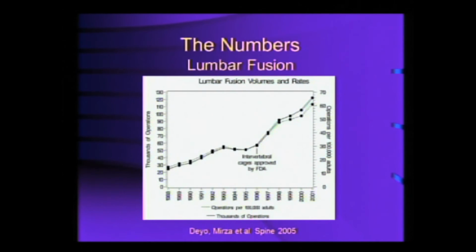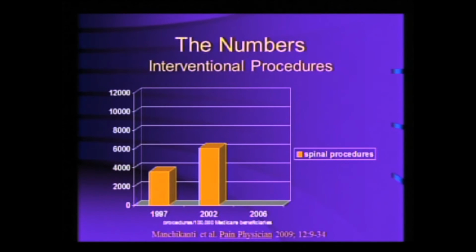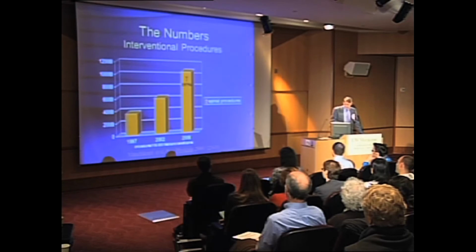I don't know that one tool has been proven to be the ultimate. This is 2005, just showing the rate of lumbar fusions going up. There's several that can be helpful. The DRAM can be helpful. A Zung, which is a depression scale, can be helpful. Procedures, the same thing. So over a decade, the rate of interventional procedures on the Medicare population. The fear avoidance belief questionnaires can be helpful. Going through, Mike Dobbs put a paper out in 2011 discussing the use of these in the spine, at the rate at which we intervene on spines.